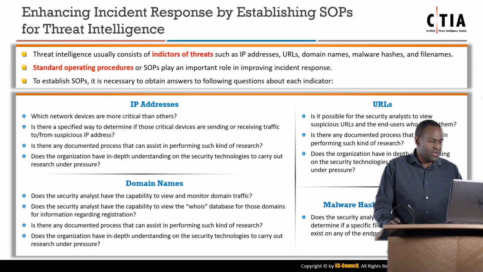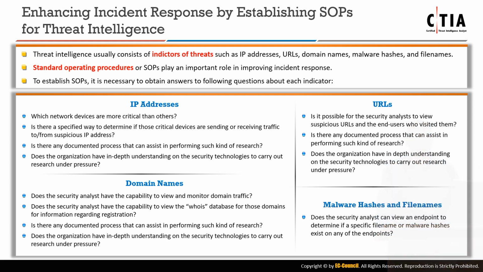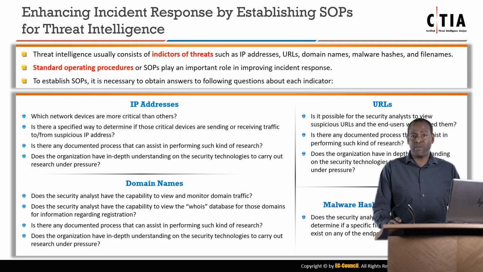So for IP addresses, which network devices are more critical than others? So if there was a threat or incident or some other type of activity involving a specific IP address that belongs to an IoT device, what type of IoT device was it and what type of response would be required for that IoT device? Like for instance, if it was an IoT camera and that IoT camera was a camera that is focused in an area that has information that I do not want to have access, then perhaps that's something that needs to be responded to right away, whereas you have another device where it's not as important